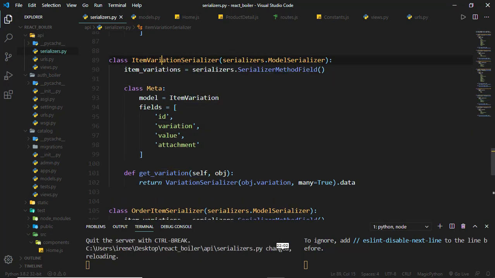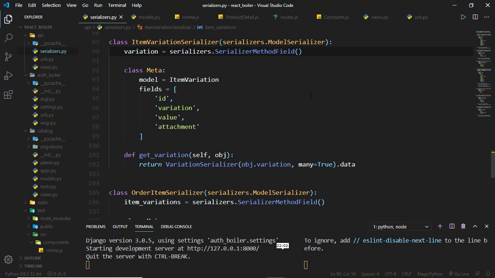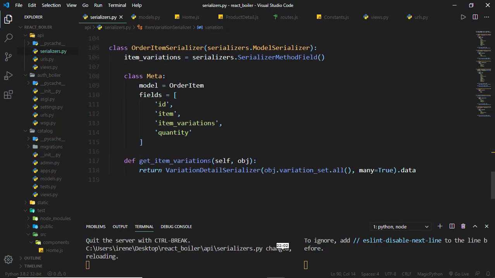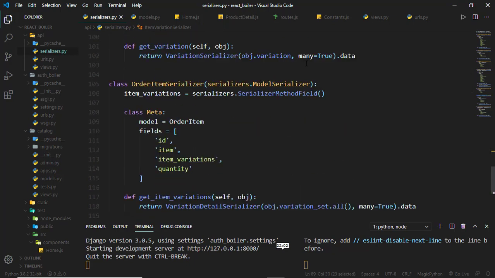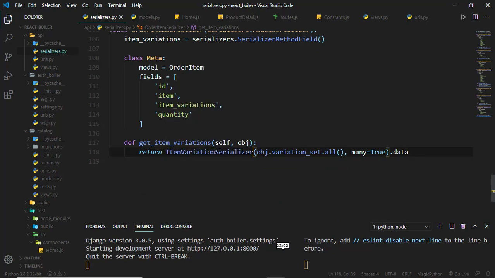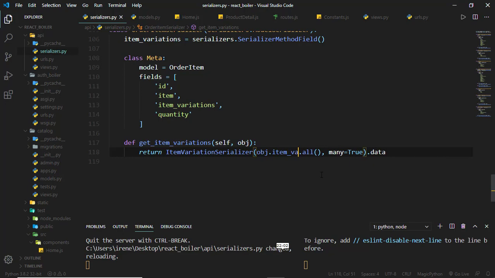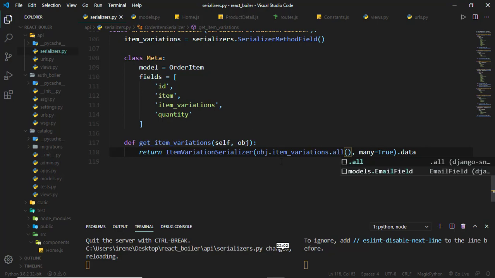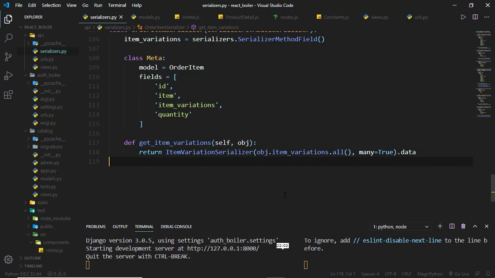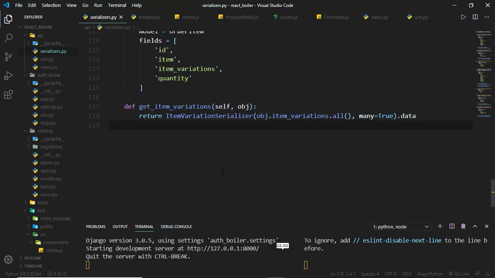So paste it there, save everything. So for the item variations, we will return an item variation serializer. So we can copy that, and in here we'll return an item variation serializer of object.item_variations.all, since it is a many to many field, and passing many equal to true there. So we have everything that we need, and inside our views,